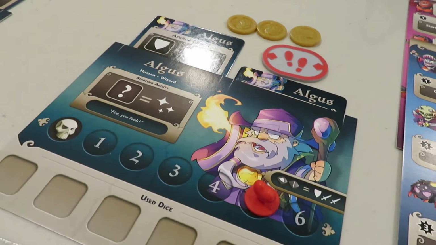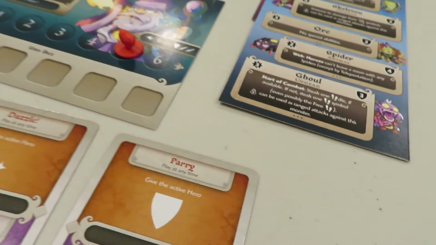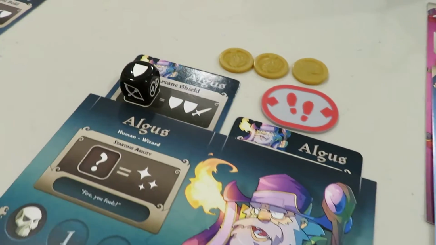And what we could do is, how about this? We're going to use 2 of the bows. We're going to dock both of them. And then we're going to use the shield, and we're going to dock it up in his arcane shield ability, which is going to give him 2 shields